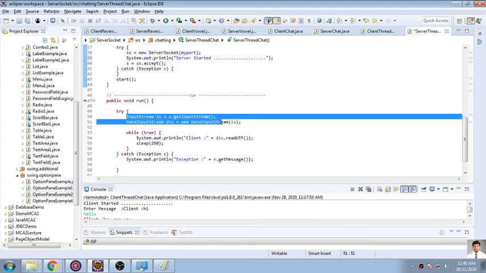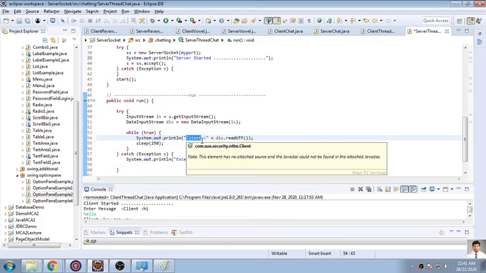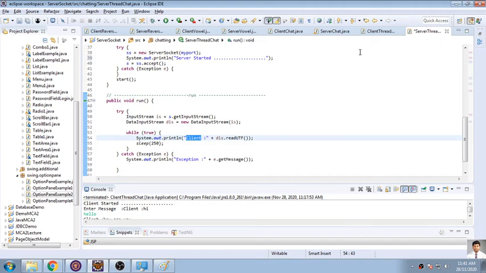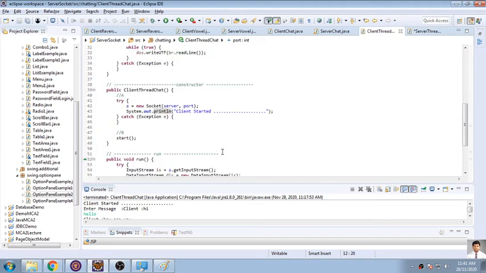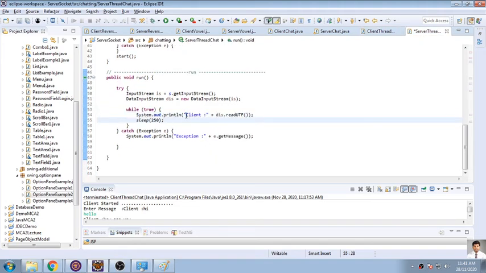Your run function will do the same operation, just like it will be reading the content whatsoever it has received from the client, and that it will be displayed on a screen. So everything will be displayed on screen. Here I will be showing that this is nothing but a server. Whatever comes from the server will be shown on the client, and whatever comes from the client will be shown on the server. So it's very simple. You will need to just divide your program into client and server.